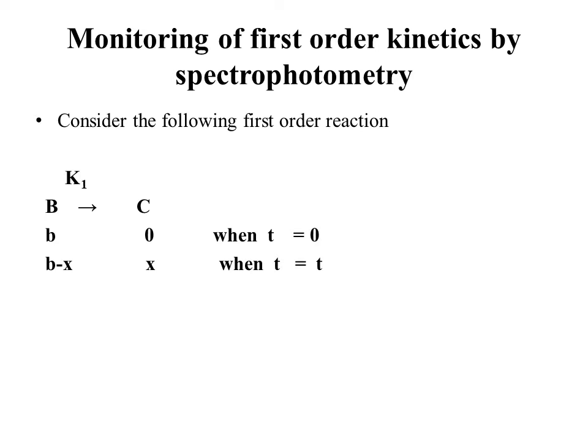Then the remaining concentration of B will be B minus X, and that of C is equal to X when T is equal to T,